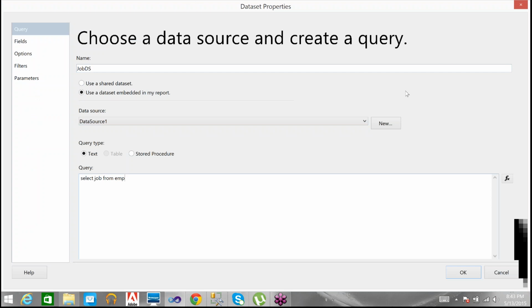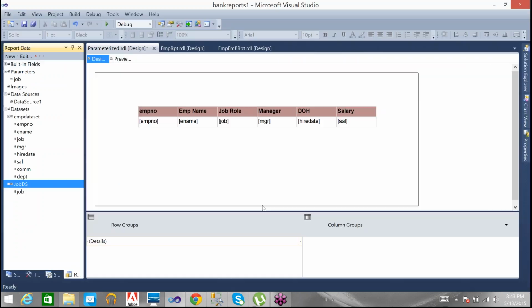But here, if I'm writing just like this, is it going to give all the job roles? It is going to repeat the job roles also. If I don't want a repetition, then I can use the distinct. Okay, yes, that's good. Distinct job role. Okay, let me see what will happen.